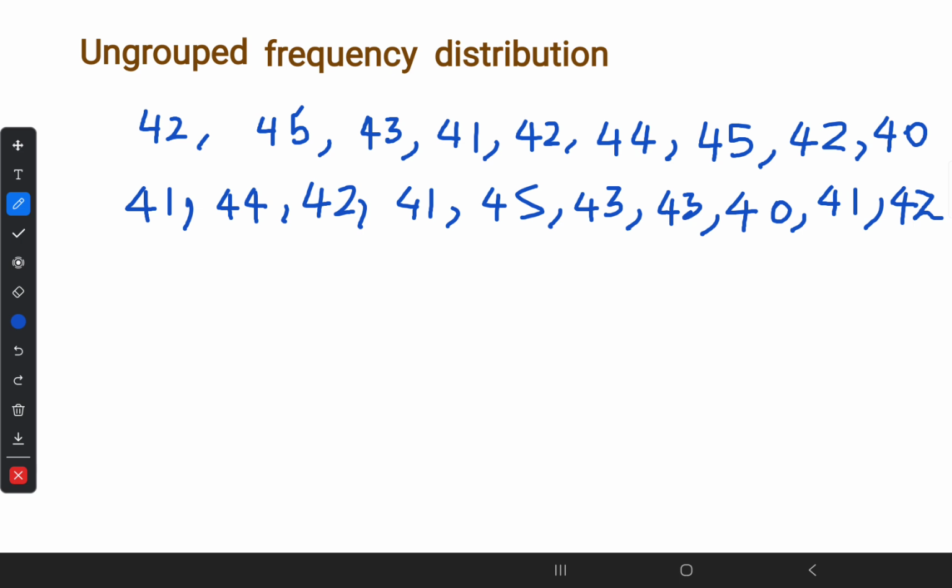So we are going to make them into groups. Ungrouped data distribution, so you have to make them as a group. This is an ungrouped data distribution, which means those are singular values. Here the least value is 40, then 41, 42, 43, 44, 45. So for 40, there is no group. 40 means only 40. The students who have the weight of 40 belong only to this interval.